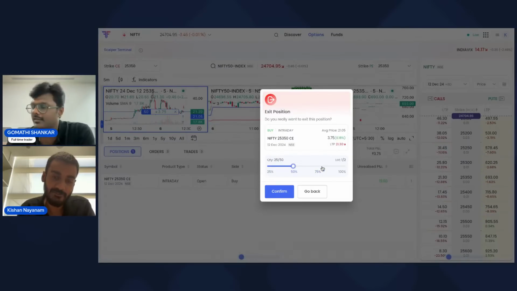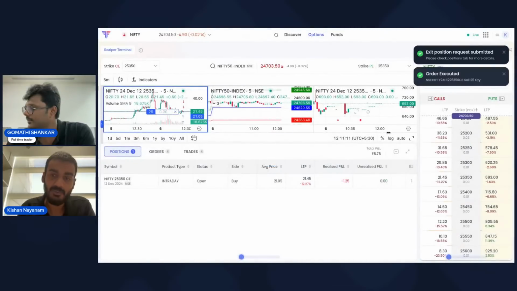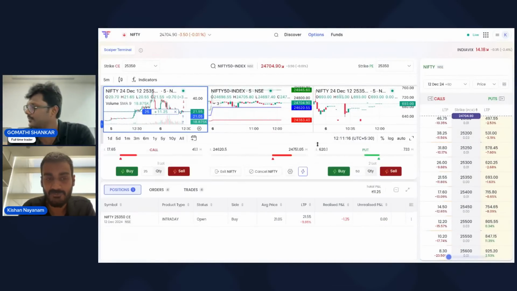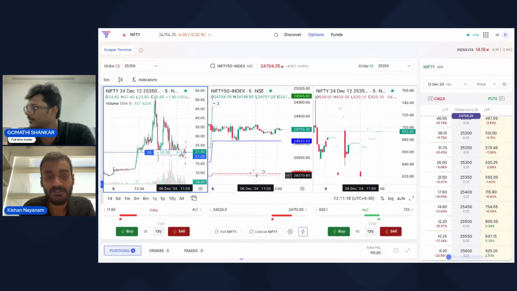If I go to 50%, and if I click on confirm, one lot will be exited, as you can see, and the speed is something that we have actually focused on. The executions are very quick, and these